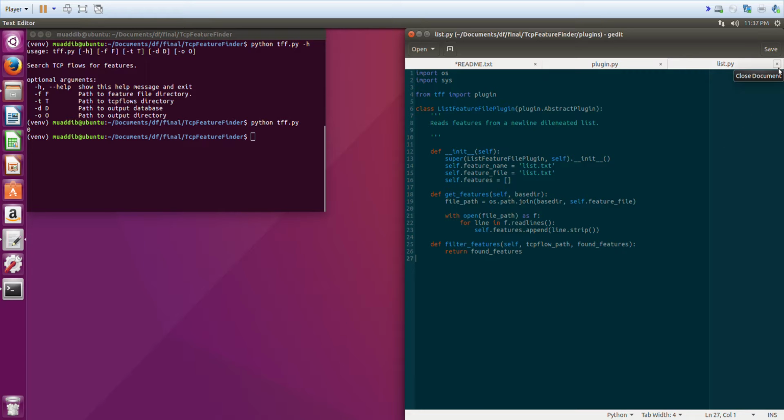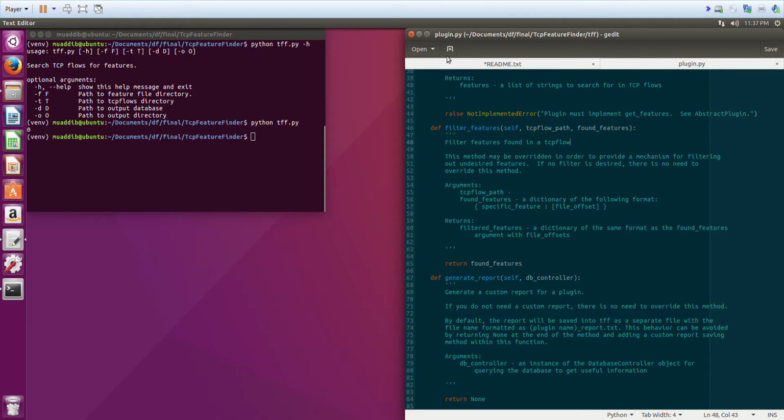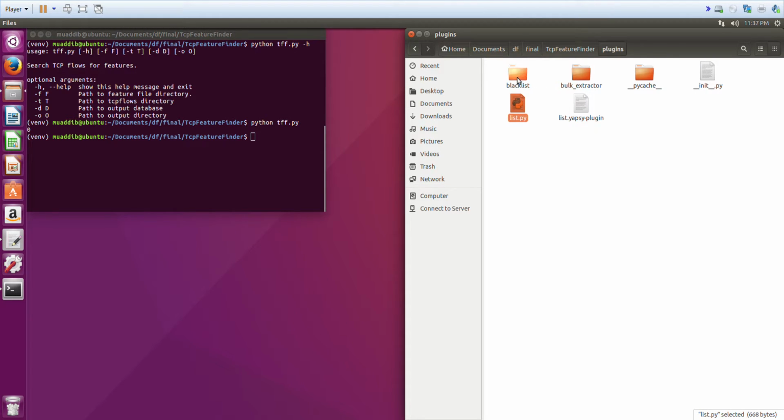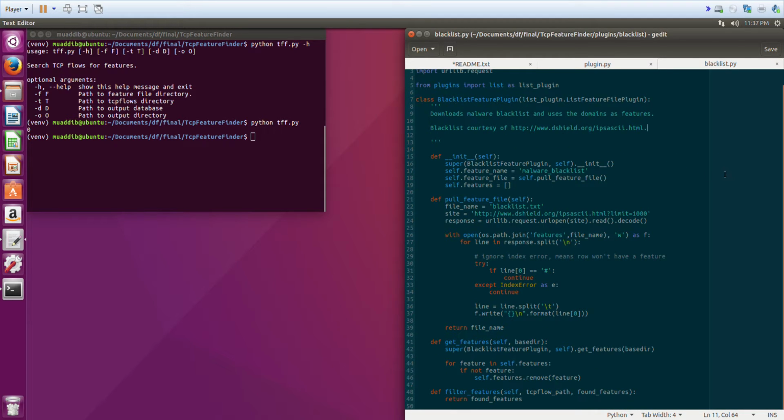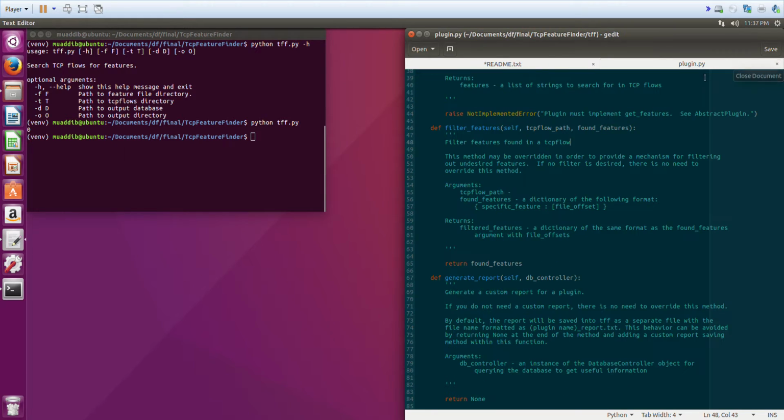Super simple. You can just have a list that you hand put together, or pulled off the web or something. And I actually use this in another plugin, the blacklist plugin. So what this will do is it will pull a set of blacklisted IPs from the internet, from this website here, and it'll just write it out to a file, and then it'll use the list plugin in order to just read that file and use it as features. There's no filtering again in this one either,